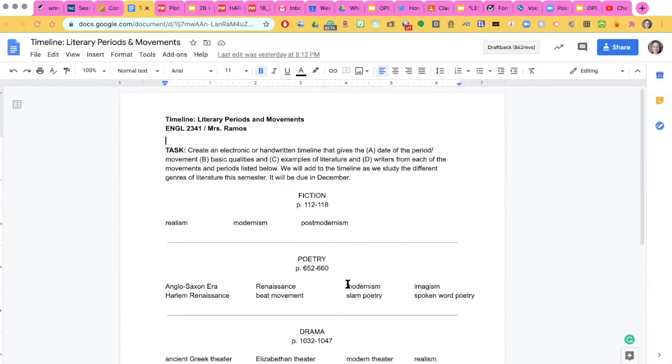in a few weeks. So the book does have information about those movements on these pages here. So you can use the book to make your timeline and then put them in the right time periods, right? Like if one of them is in the 1950s, then you'll want to orient that on your timeline and then give information about that movement so that you can tell me what's the difference between realism and modernism and